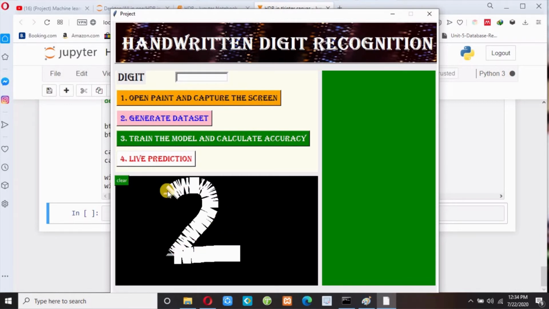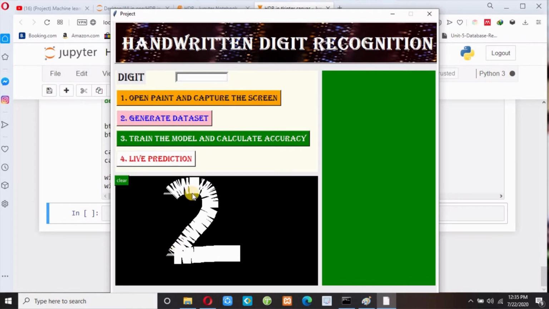But first of all, when I click this first button, then it should automatically open Paint, and it should start to capture the screen. But if you want to capture the screen from this Paint, then you have to remove this Paint function from this button, and you have to change the coordinates of VBox, because your VBox captured in this side, but you have to capture now in this side.